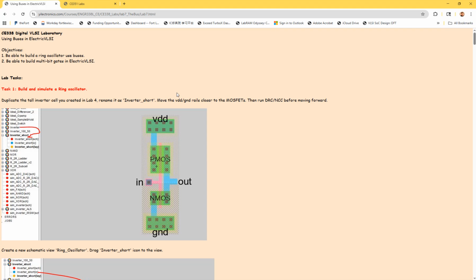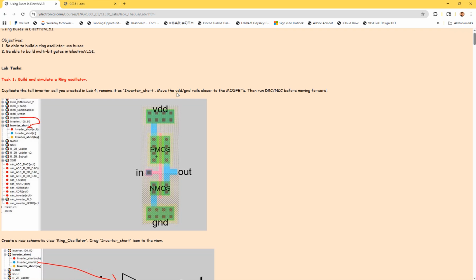Alright, let's take a look at this. What we're going to do for today's lab: using buses. Right, so the bus is the bundle of wires, right? Since we are expecting more than 1 bit, it's actually 8-bit digital modules. So